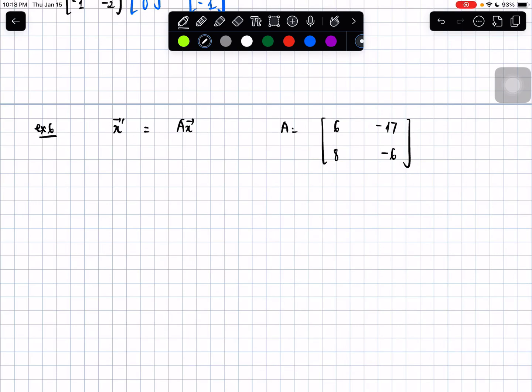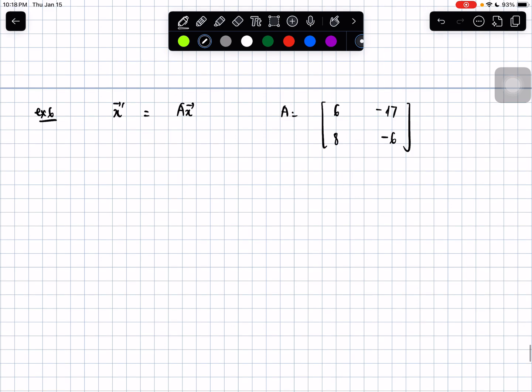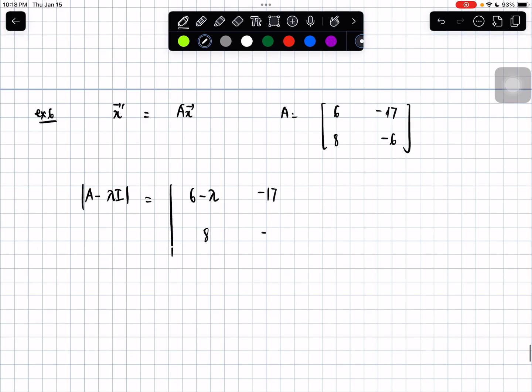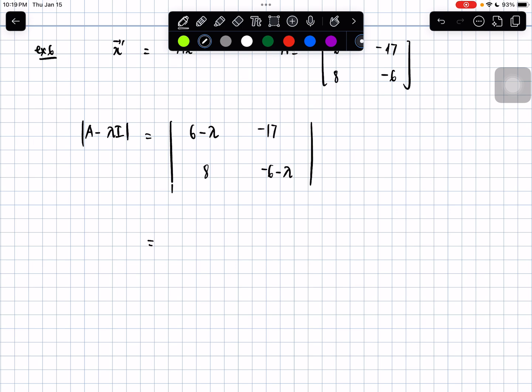Let's do this example. X prime equals A times X, where A is this matrix. As usual, we find the eigenvalues and corresponding eigenvectors. A minus lambda I: 6 minus lambda, minus 17, 8, minus 6 minus lambda. So (lambda minus 6)(lambda plus 6),